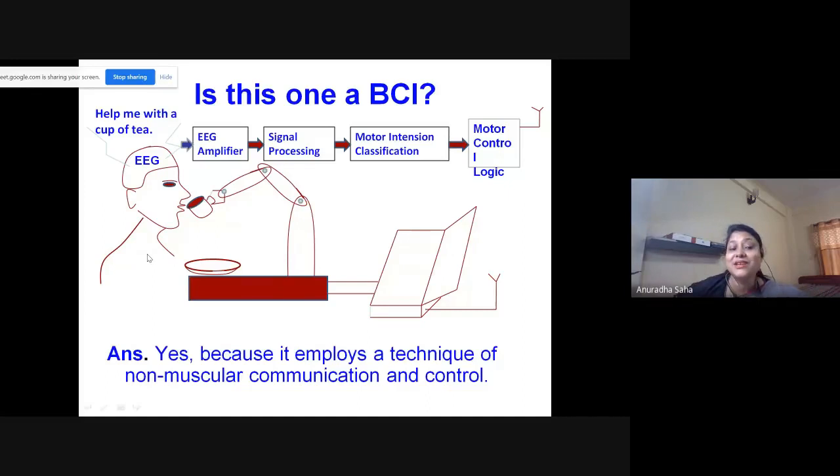And what you can see here is that from the brain of this human being, the EEG has been extracted. What is this EEG? Let me just explain this. The full form of EEG is electroencephalography, which is basically the means of